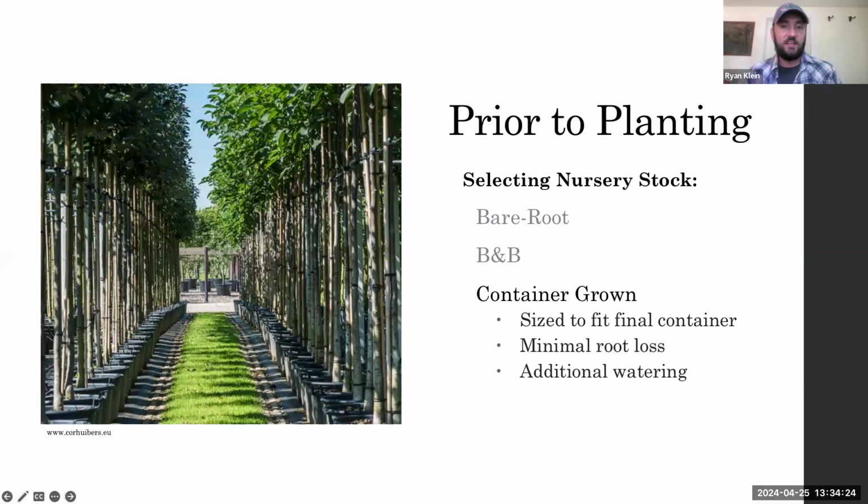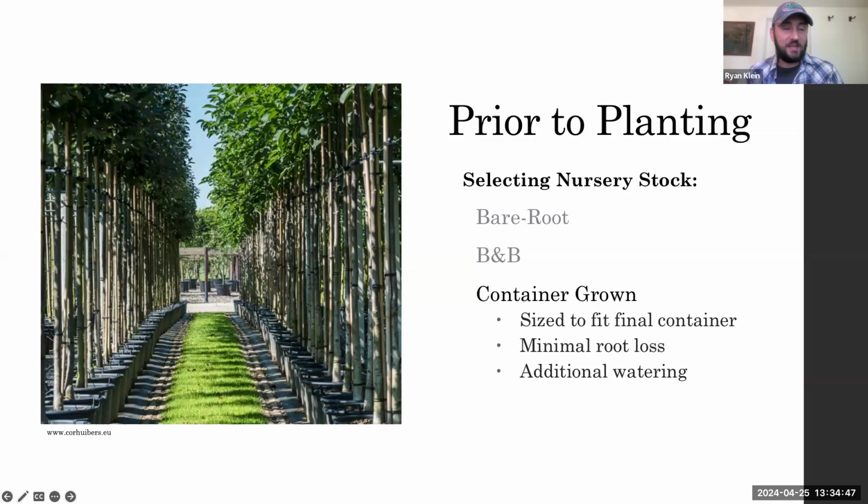Container grown trees, plastic, sometimes wood boxes. Basically, you want to make sure that the tree's the appropriate size for the final container that it's in. Again, that kind of root to shoot ratio. These can be planted in any season with minimal root loss, because all the roots are in the container at that point.